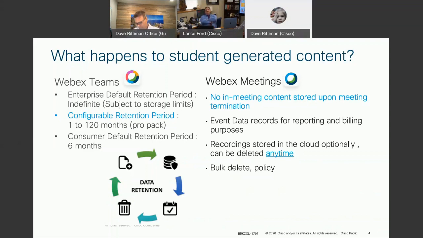Awesome. So let's dissect this for a second. I called it classroom collaboration. The back end of that is Webex Teams. I called it live classes or virtual meetings. The back end of that is Webex meetings. So let's take these one at a time here. Talk to me a little bit about the security of the student data on the Webex Teams environment.